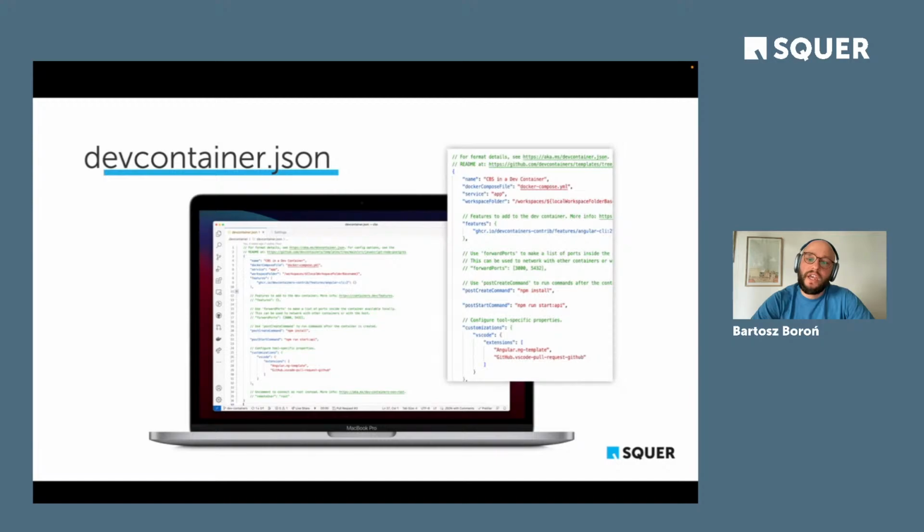For example, you could say that when I use VS Code as my IDE, I want to have special extensions installed inside the container, so that you don't have to have all the extensions for all your projects installed locally. But you can say, for this project, I need Angular and whatever extensions. For the other project, I need maybe some Java and Python extensions. Also, you can add some commands for when the container is built or when the container is started. So like in the demonstration, you can always start your API server, for example, every time you work on the machine.